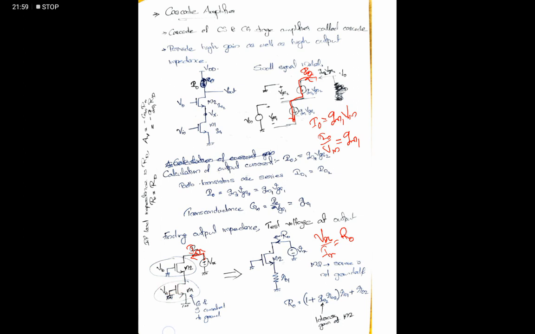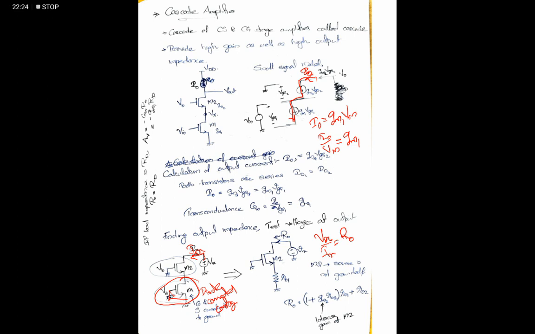So this one is grounded, meaning these two terminals are shorted, which is equivalent to a diode connected configuration,